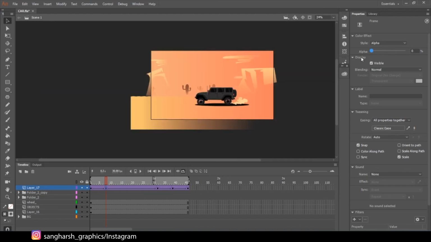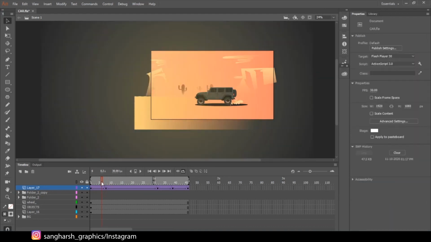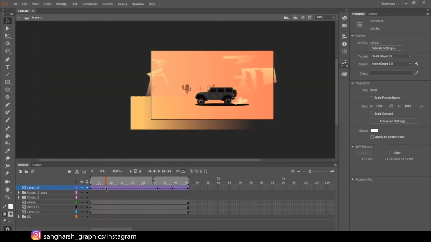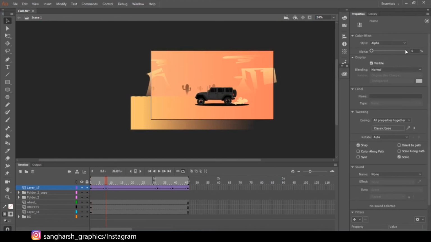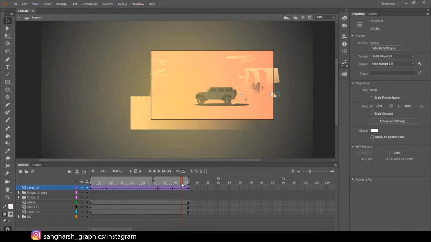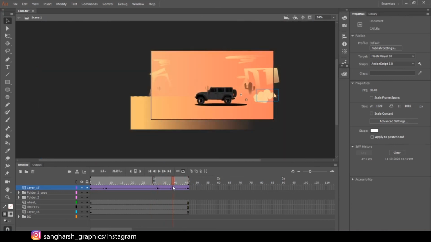As you can see, after doing 0, it's getting a disappearing effect like this. At the first frame the alpha is 100%, and some keyframes ahead the alpha is all the way 0. For adding a keyframe, just click here, it will add a keyframe between the classic tween, and after placing some keyframes later, I have just done the same process but in reverse.